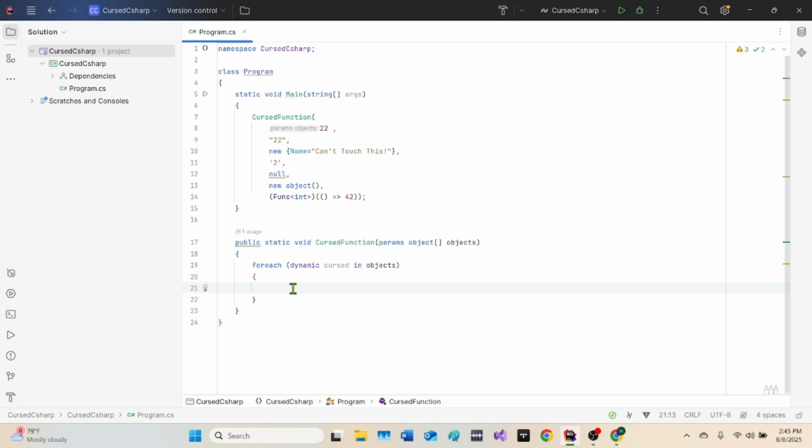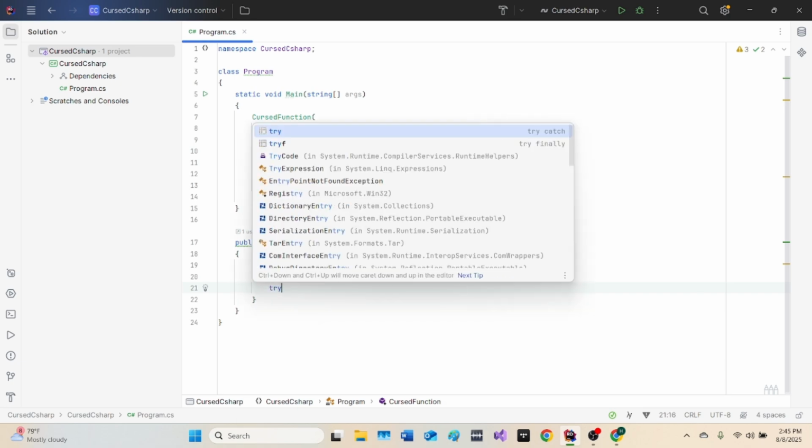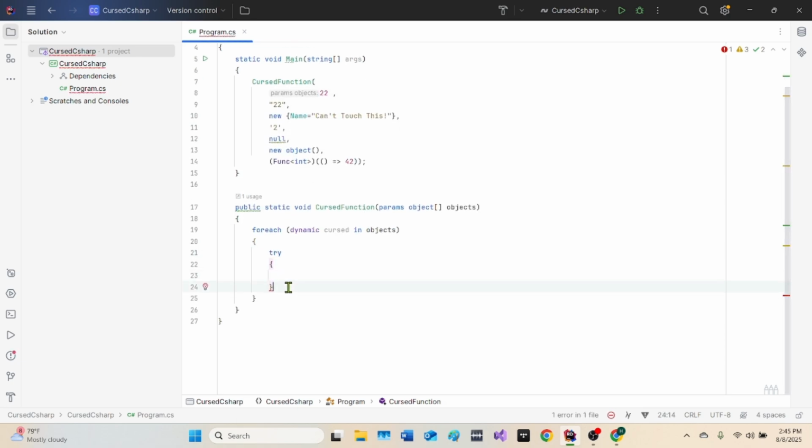So let's do this in a try catch. We're going to need several try catches to display this. So let's try and catch Exception ex, and